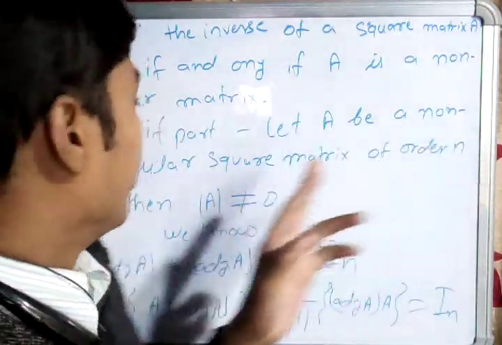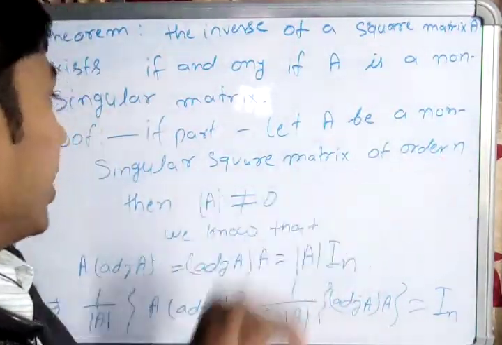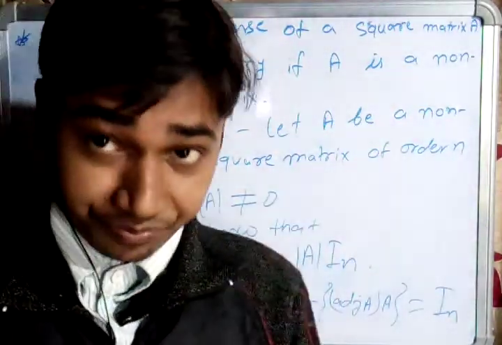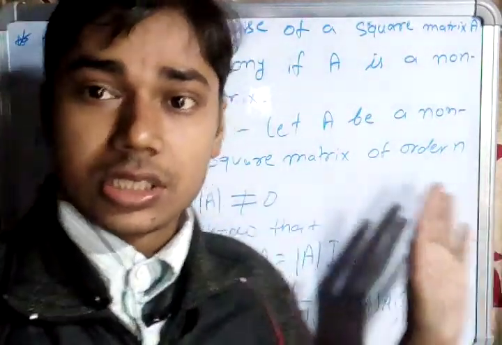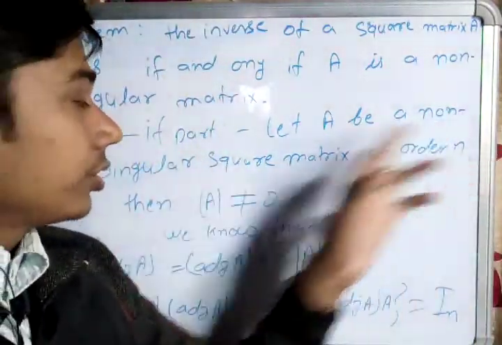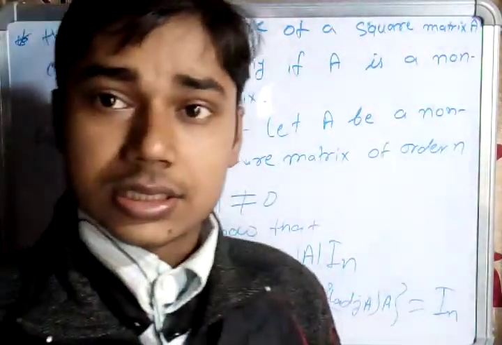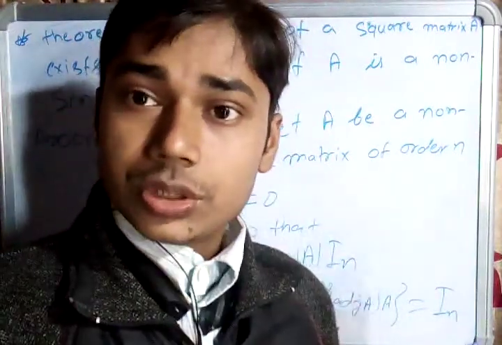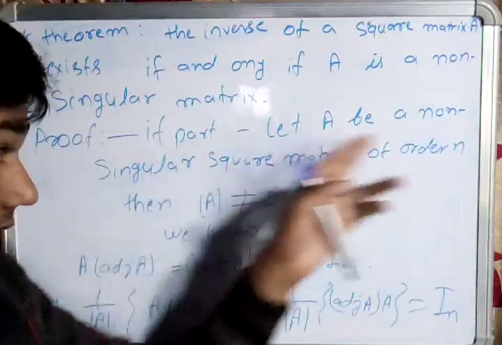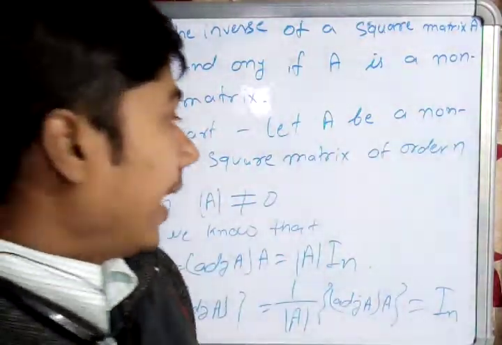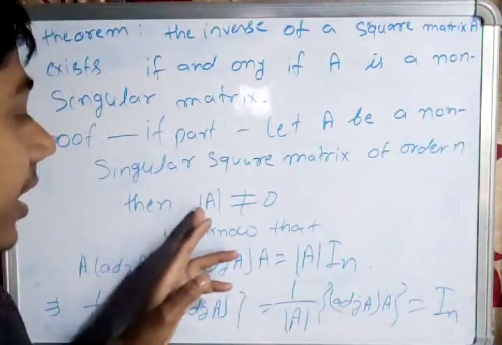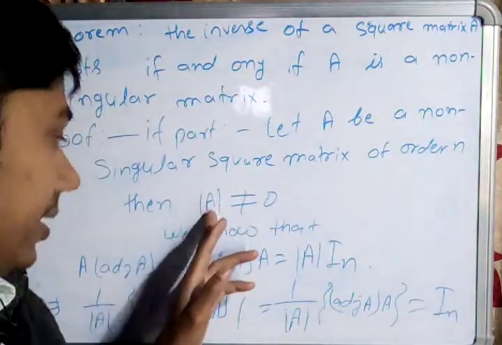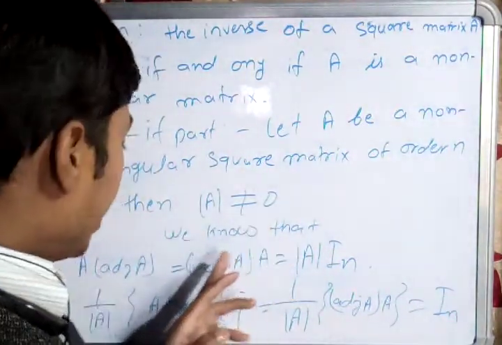Let A be a non-singular matrix of order n. In the previous video we discussed singular and non-singular matrices: if the determinant of a matrix is not zero, then the matrix is called non-singular, denoted by determinant of A is not equal to zero. So we know that